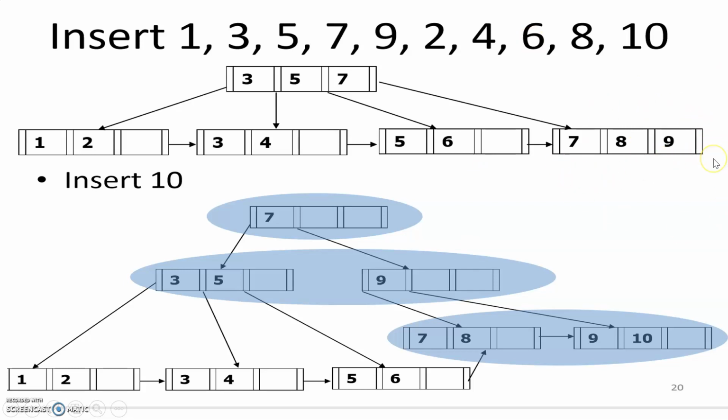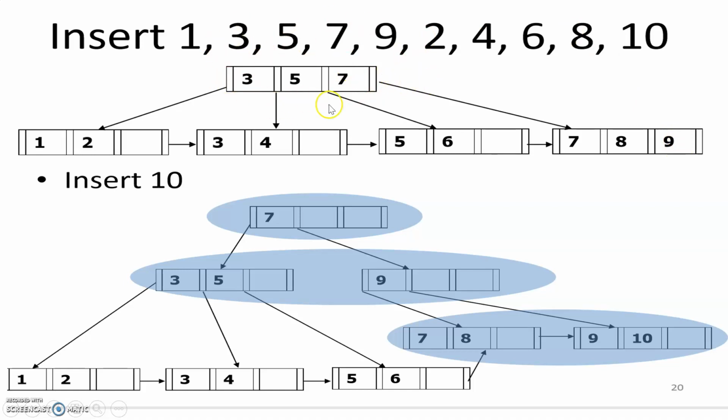10 is a data node. We have to split this node as it has become overflow. So 9 will go up, and towards the left of 9 will be 7, 8, and towards the right of 9 will be 9 and 10. We have repeated 9 because the splitting is in the data node. So 9 has become an index also. Now this is my index key.